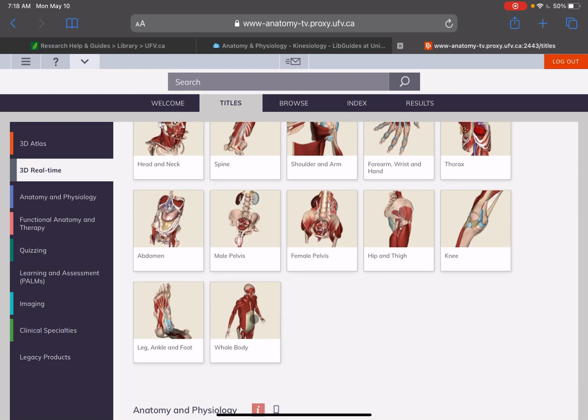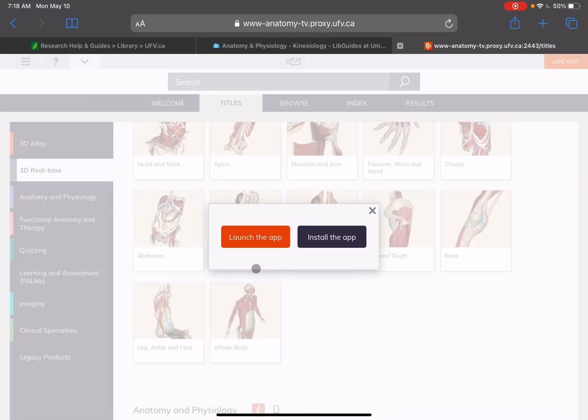And then I can come and select this whole body, and I'm going to launch the app. If you just try to use the app without going through the UFV library to get to this site and then launching the app, what'll happen is it'll ask you for a password as if you've paid to use the program. So this is if you just open the app alone by itself and try to use it that way. It'll ask you for your username and password,